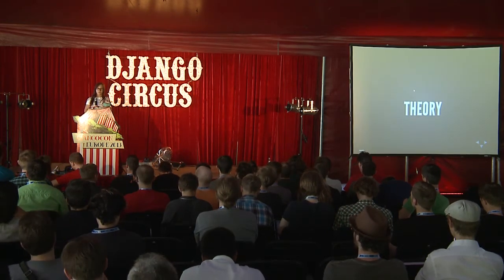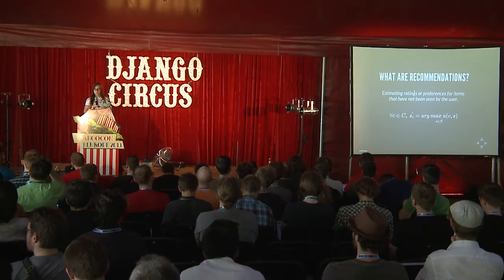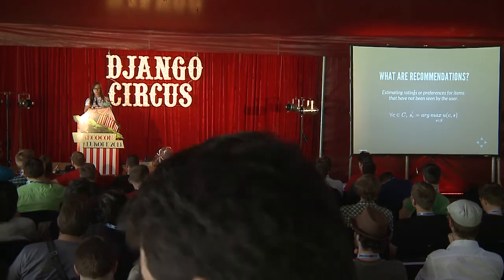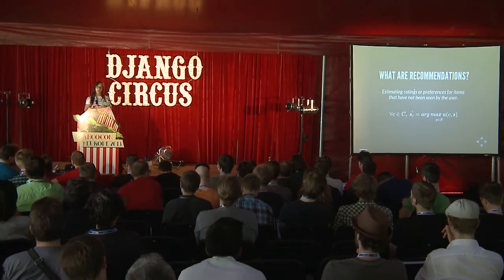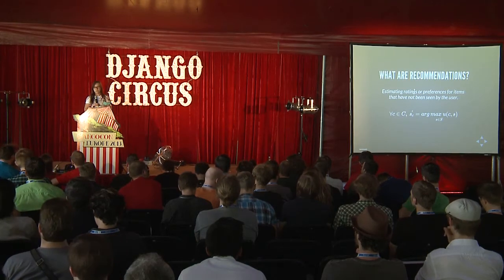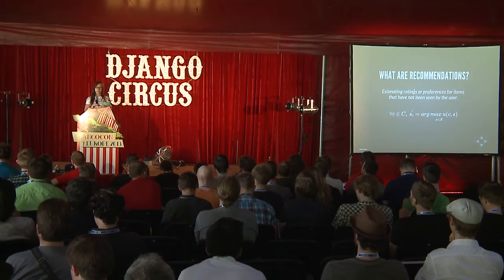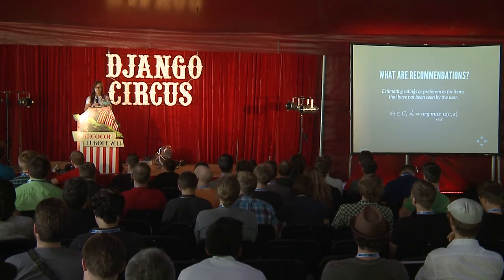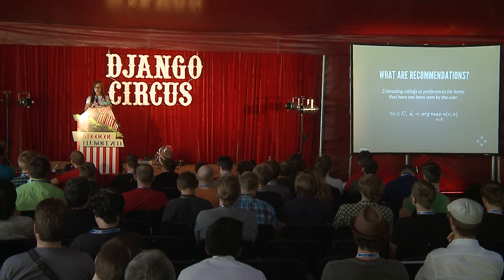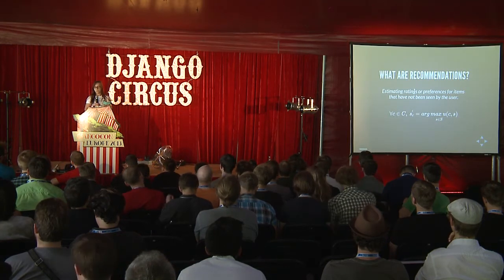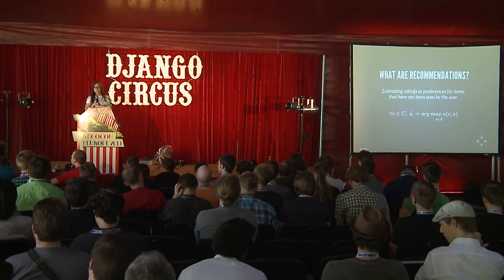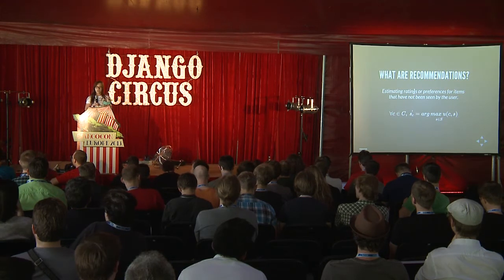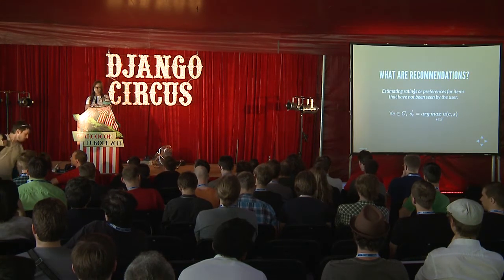So, starting from the theory. Recommendations can be reduced to a problem of estimating ratings and preferences for items that haven't been ranked by users, that the user hasn't taken any actions on. So formally, we would have a set of capital C users, capital S would be the set of items, and we would like to get the items that would be most highly rated.